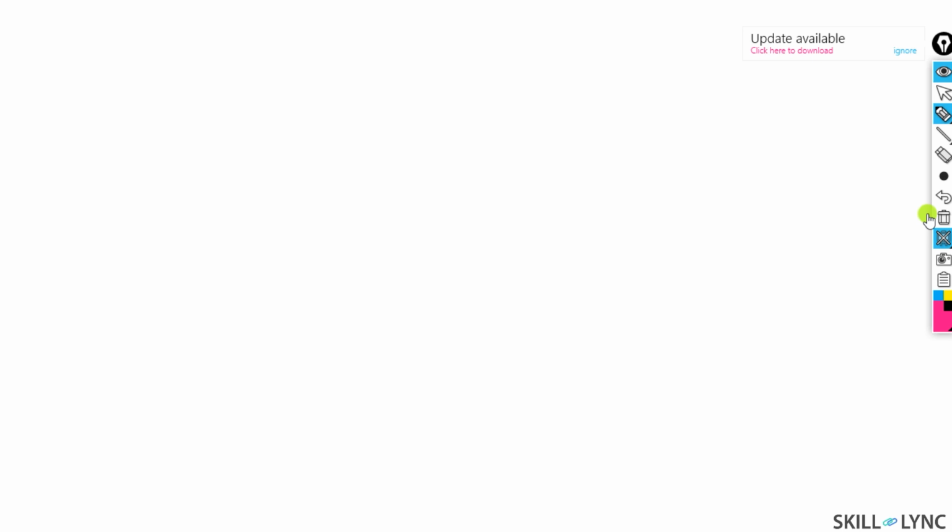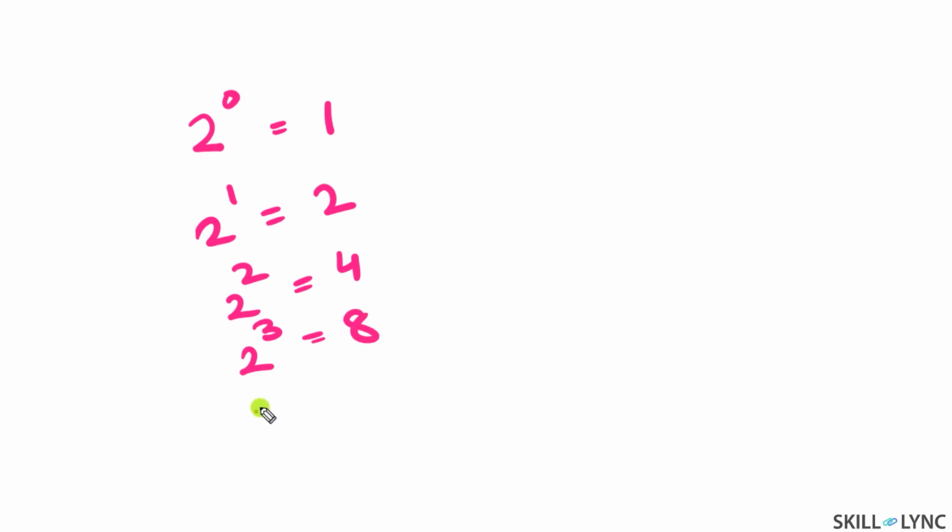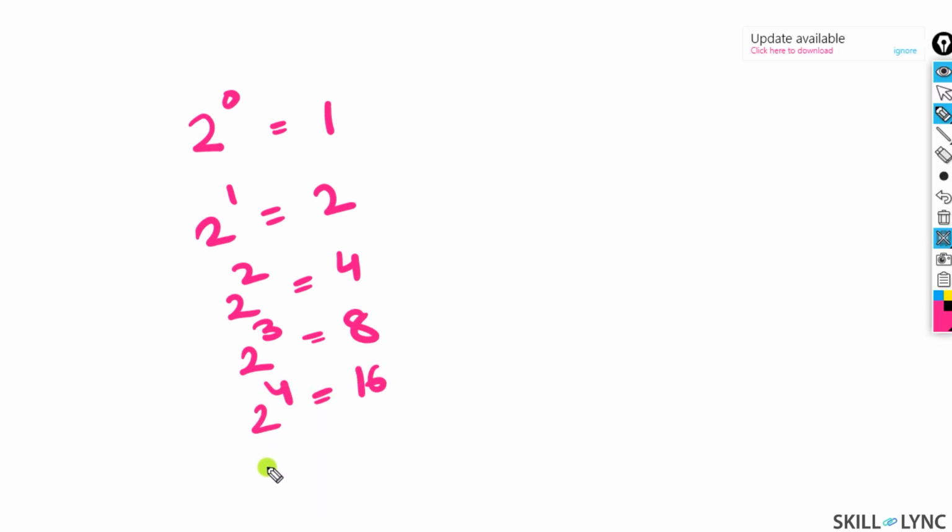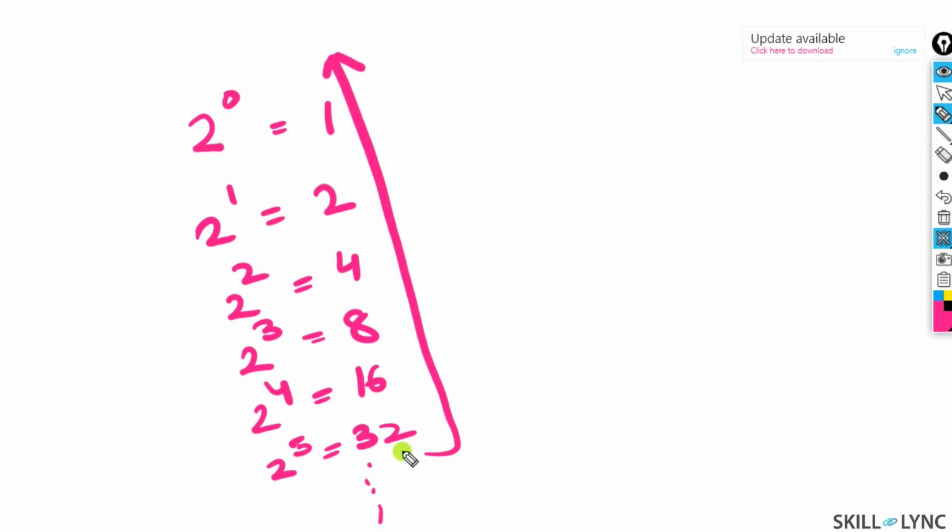Now I am telling you how this 8, 4, 2, 1 rule comes into existence, or how you can take it for a longer sequence. Now understand this thing. 2 to power 0 is 1. 2 to power 1 is 2. 2 to power 2 is 4. 2 to power 3 is 8. 2 to power 4 is 16. 2 to power 5 is 32 and so on. So this is how the rule becomes. If it is a 6-bit number, then it will be 32, 16, 8, 4, 2, 1.